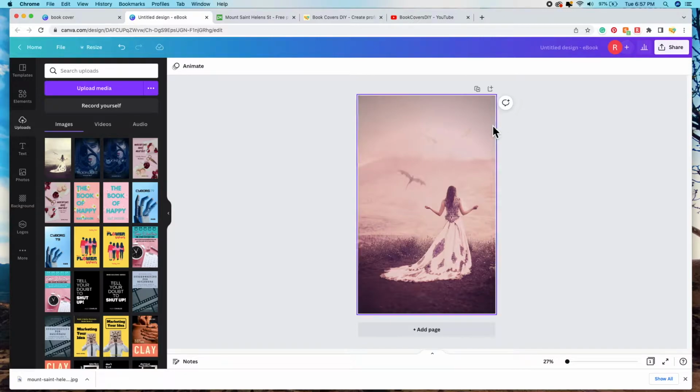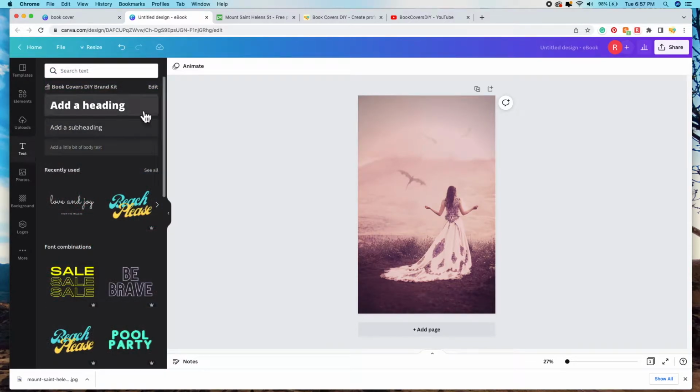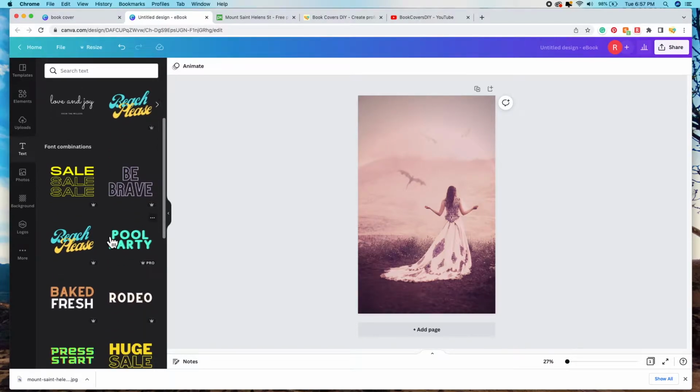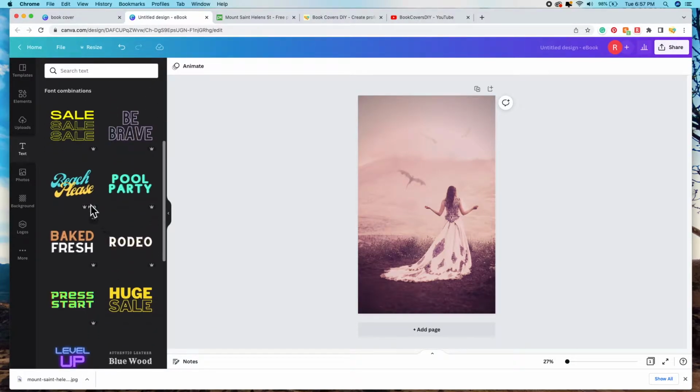Okay, next I want to go in and add some text. So let's go over to our toolbox and click on this T for text. We can either start from scratch by adding a heading, subheading, or body text, or you can try out some of these pre-made designs or titles. And as you can see, some of these have the crown as well, so those are only available with the